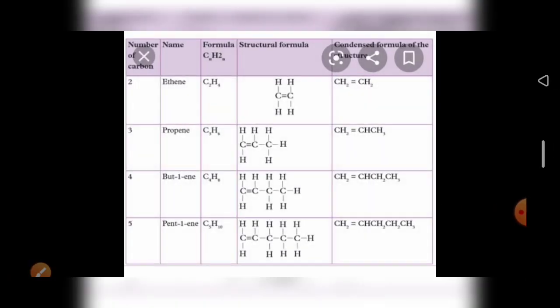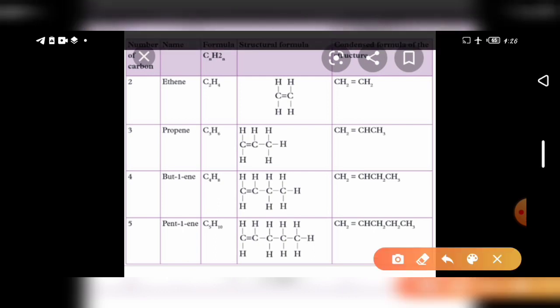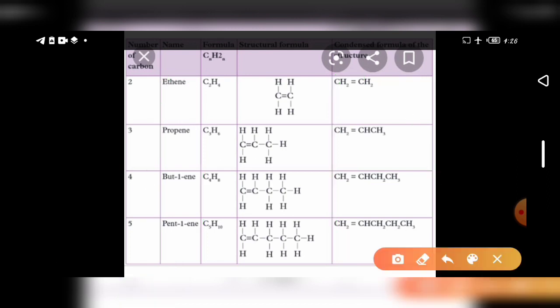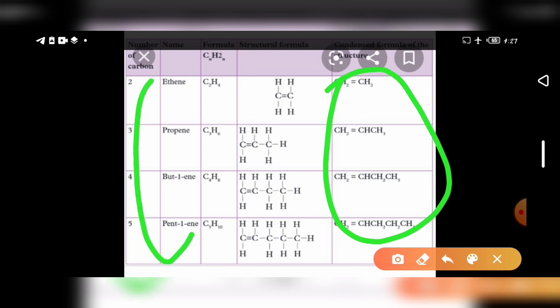Okay, in the same way I gave the alkene structures also here, for each and every carbon structure and how to write the formula. If they give this name, you have to draw this formula. Suppose they give this formula, you have to predict the name also. It is very easy. It is reverse-wise. You can easily know the formula and the structure also. Okay dears, this session will be over.